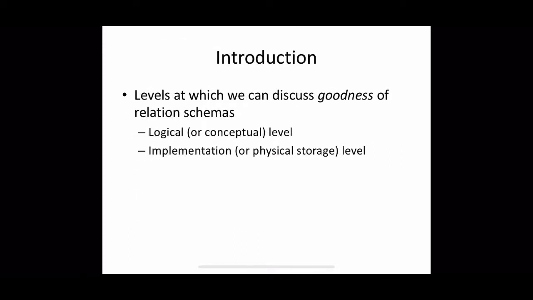We learned how to represent the database schema in a user understandable form in a graphical way, that is the entity relationship model. And then we had a mapping procedure to convert this entity relationship model into a form which can be directly implemented, right? That was our relational database schema. So a relational database schema consists of a set of relation schemas, right? Each relation is a grouping of attributes.